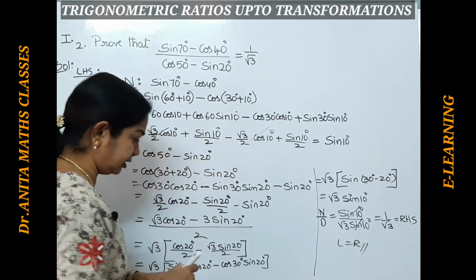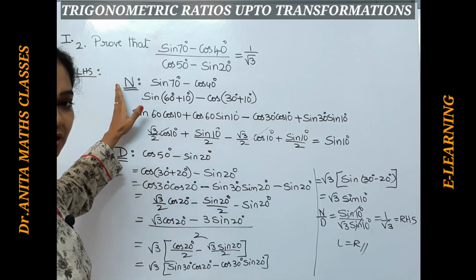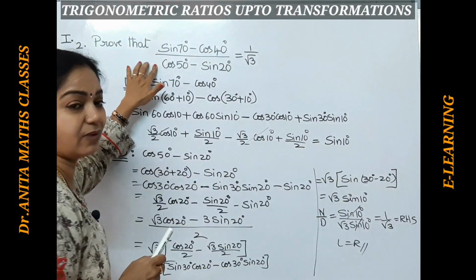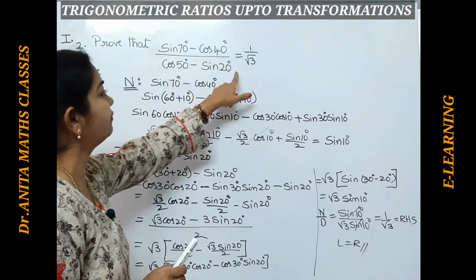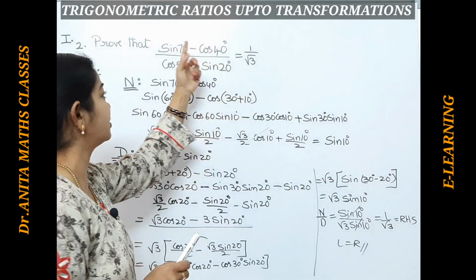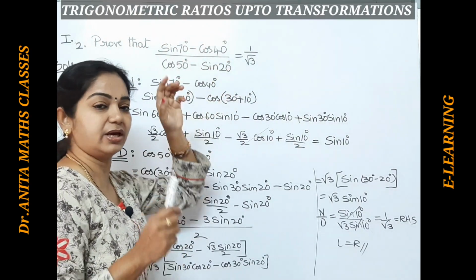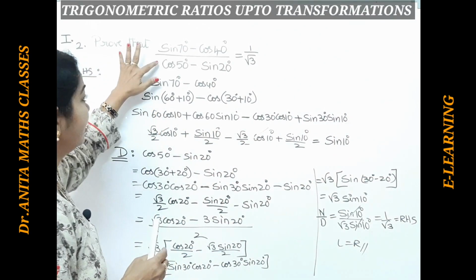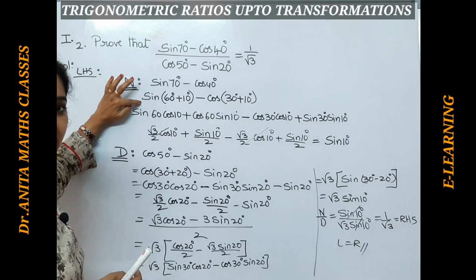So we can easily use the compound angles formula here along with sum and product transformations. Why? Because here we cannot use only the sum and product transformations, since sine and cos are both there. You can use C and D formulas for sine and sine, cos and cos. So there we are going for the compound angles formula.